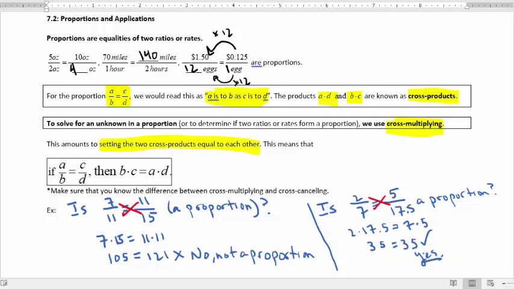So yes, 2 is to 7 as 5 is to 17.5. That actually is a proportion. Okay, so there we just did some checking